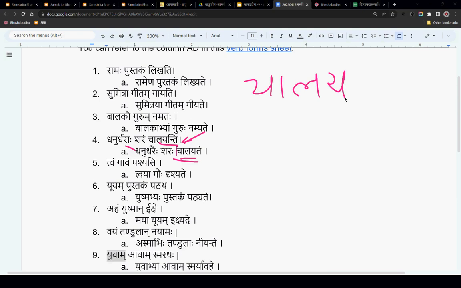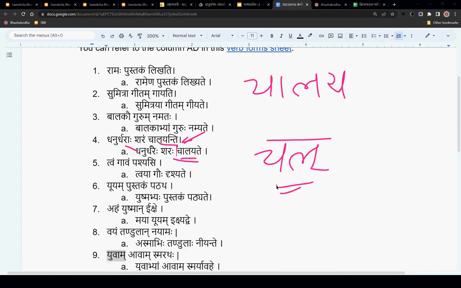Okay, we'll come to that. So Chalaya, the dhatu, Chalayati, Chalayanti, etc. But there is also Chal, so it's like Chalati. This is a different dhatu. This dhatu, Chalati, means somebody is moving.